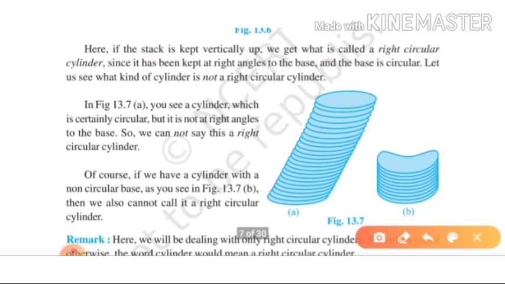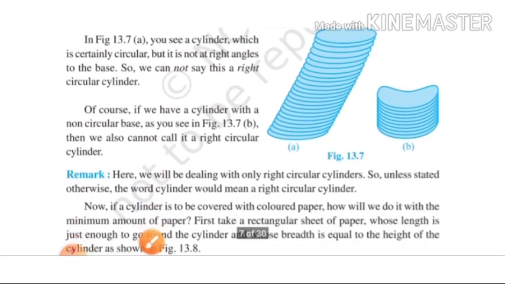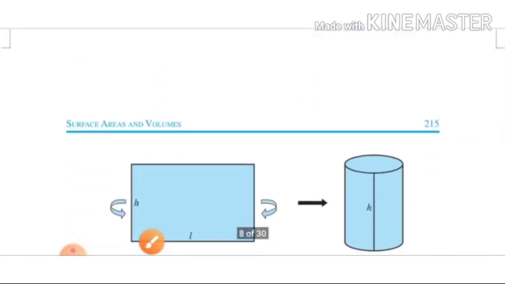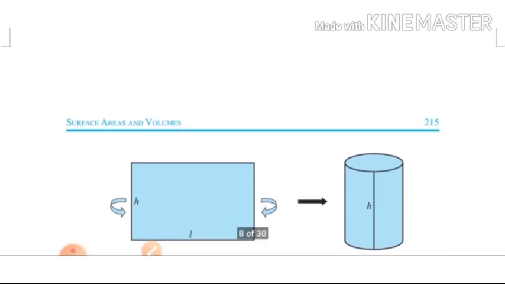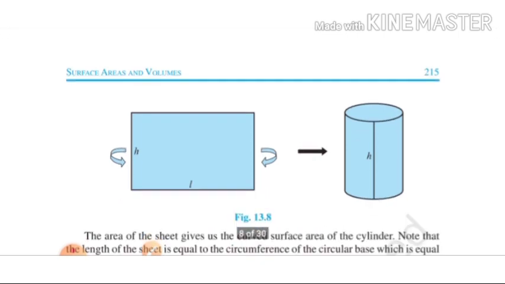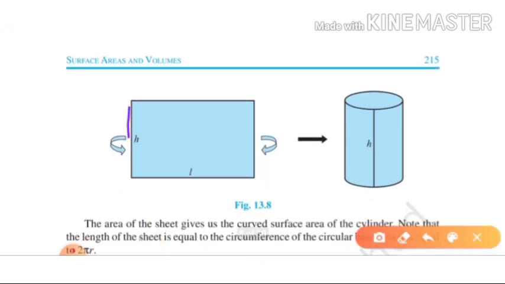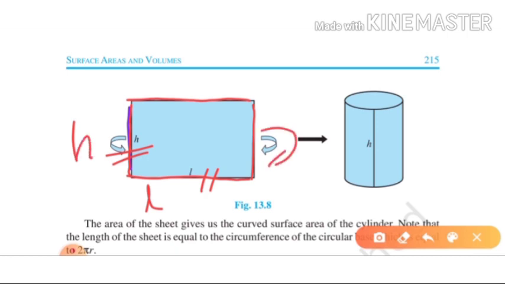So these are not right circular cylinders. Now we'll find out the surface area of a right circular cylinder. How to find? Now, if we take a sheet of paper, which is the shape of a rectangle, where the length is taken as L and the breadth is taken as H. Now what will happen when we roll, or when we fold it,